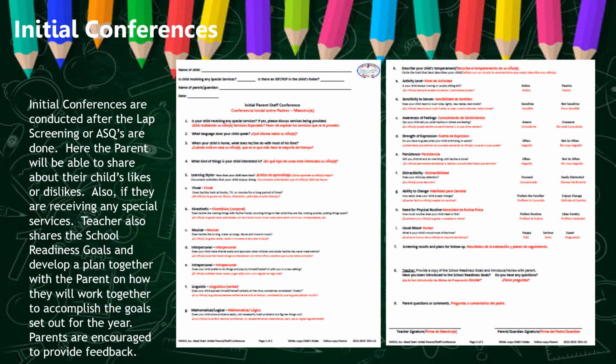On the right-hand side, you have an example of the initial parent-staff conference. For those conferences, the education department will provide you with those forms. These copies are in carbon paper. The white copy will be for the child's folder at the center, and the yellow copy will be for the parent as a copy of the conference. And remember, whenever you fill out the conferences or home visit or any educational form, don't forget that we do need a teacher's signature and a parent or guardian signature.